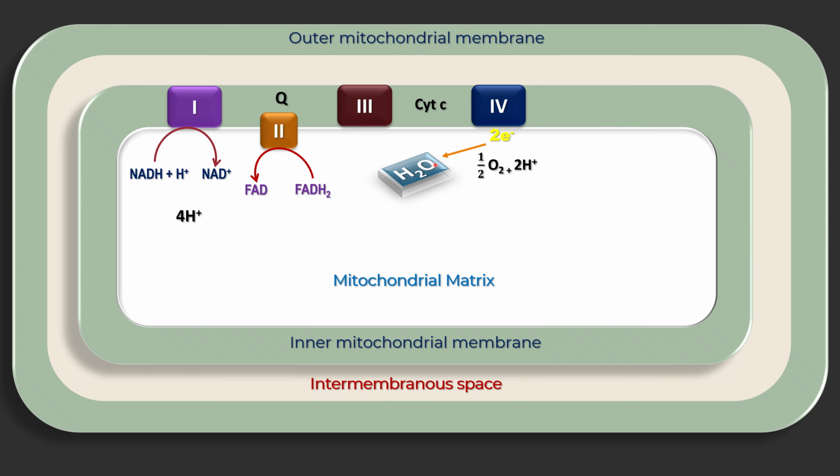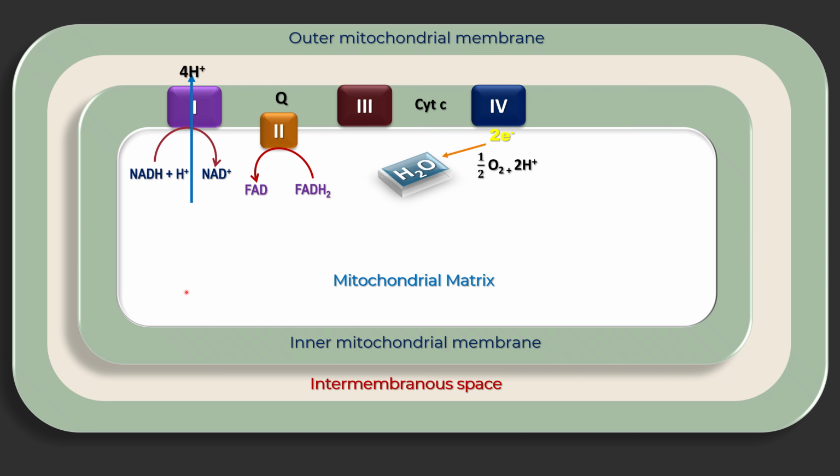Now during this process, that means the transfer of electrons from one complex to another complex, at complex 1, 4 protons are pumped from the mitochondrial matrix into the intermembranous space. Clearly you can see 4 protons are transferred from the matrix to the intermembranous space. So when NADH plus H plus donates 2 electrons to complex 1, and the electrons are handed over to complex 3,